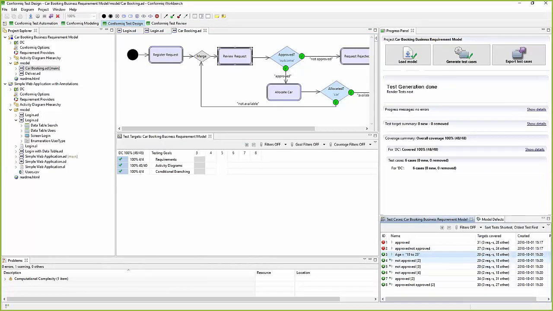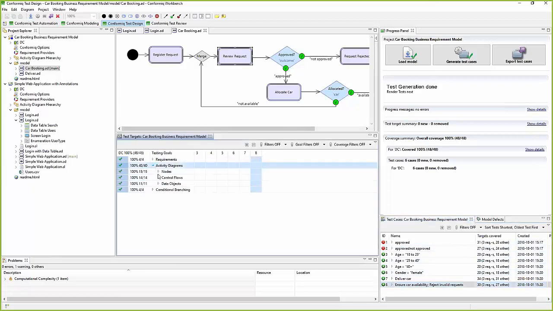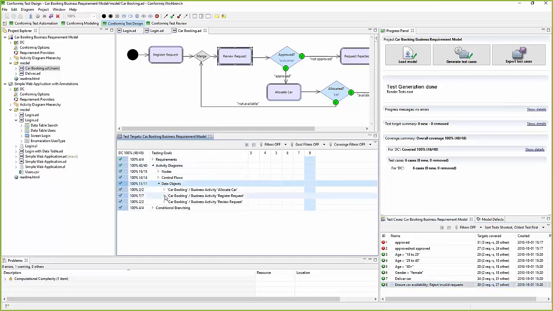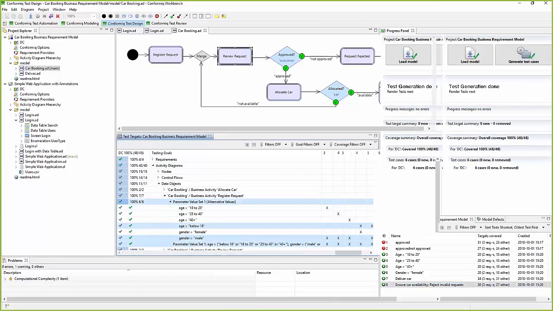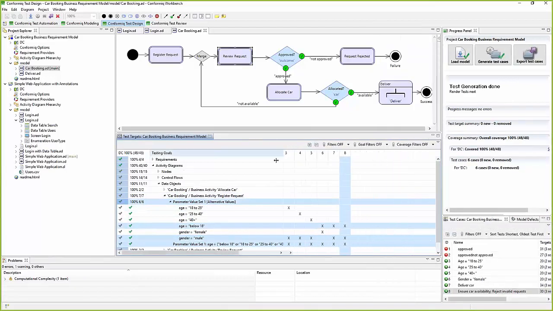So, by the way, this new icon here, for example, shows you when the tool has determined a better name. And that's a feature that has been around for a long time, but this is what the N is for. So for example, here we see now there have been some tests specifically generated. And also if we go here to the data objects and the register request, then we are also getting the same kind of traceability that we get otherwise in input constraints as to where is each value, in which test is each value covered. Okay, but now we still have not done